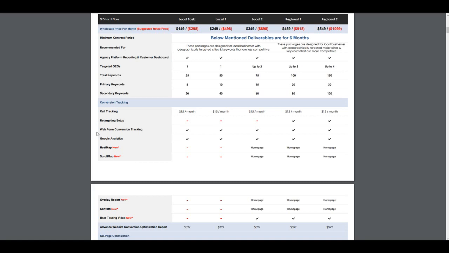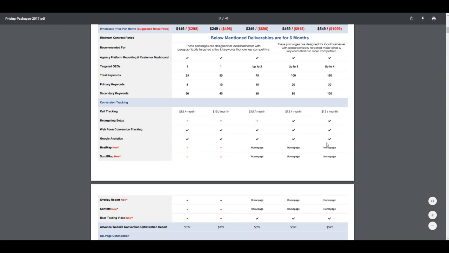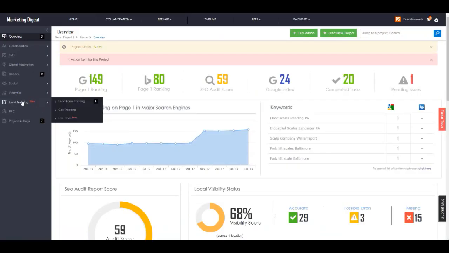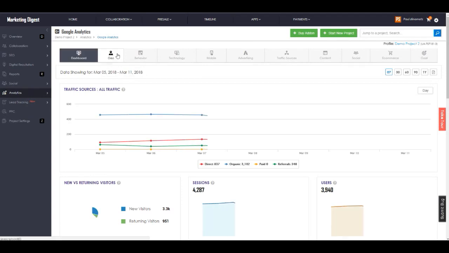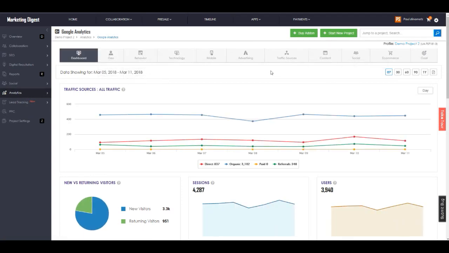That's included. Google Analytics is included, but not just Google Analytics that's the free Google Analytics, but Google Analytics that's integrated on the dashboard that you can give the client access to with your white label on it. Call it your analytics if you want to. So again, you can go into your demo project and look at the Google Analytics that's in here. A much nicer interface than Google Analytics because it's not overly complicated.